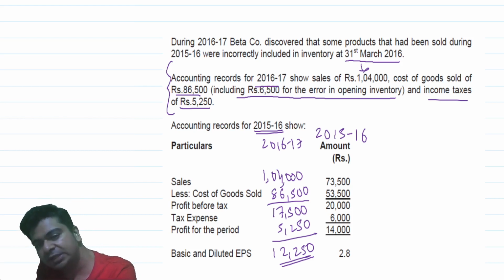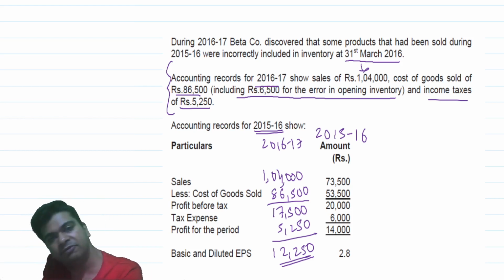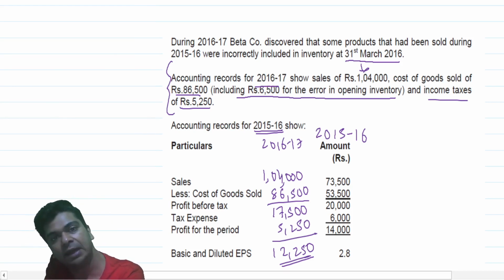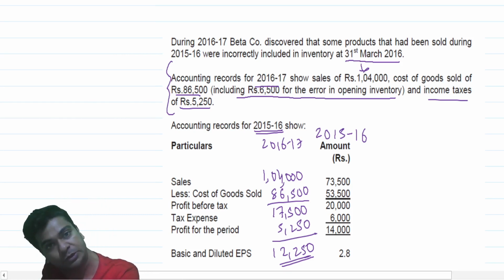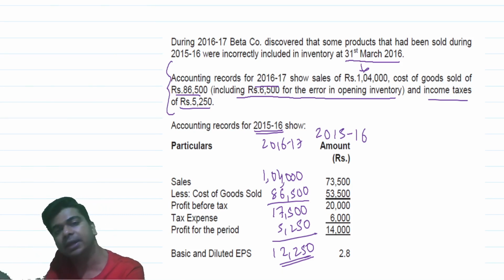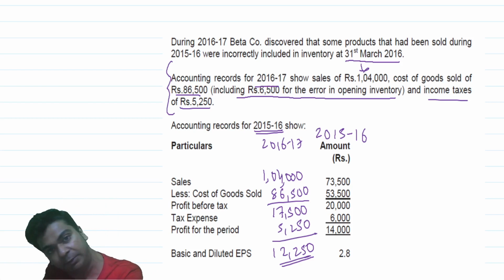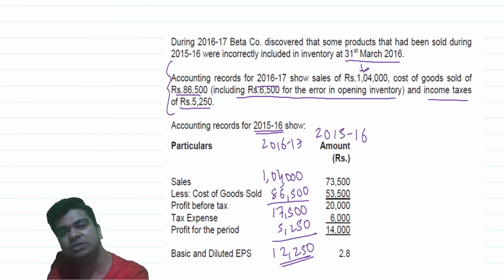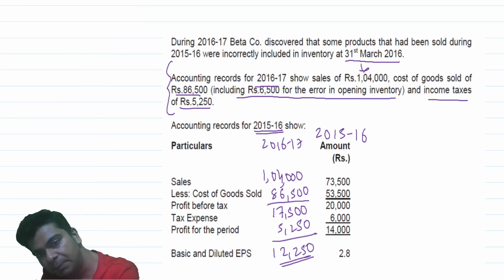Now this question relatively is simpler in a sense that the error was committed in the previous year, and we know under Ind AS 8, if the error is relating to the previous year, you have to give effect in the comparatives. The error was not committed in the year before the preceding year. If it was committed before the preceding year, then its effect cannot be given in comparatives. Its effect will be given in the opening balance of the retained earnings. And when I say opening balance, I mean the balance on the beginning of the preceding year. But that third balance sheet case will not happen in this particular case. Error was committed in the previous year. I have to simply give effect in the comparative information.